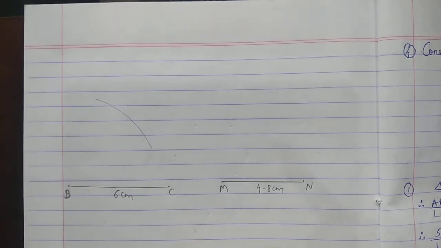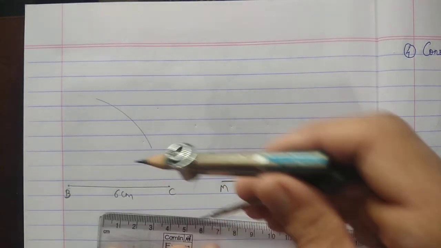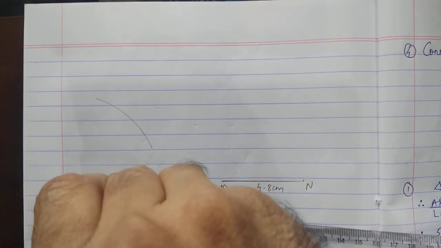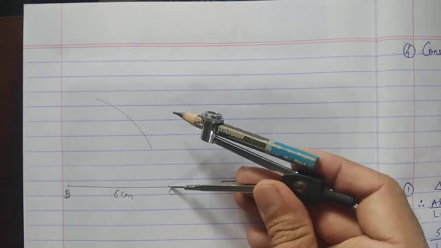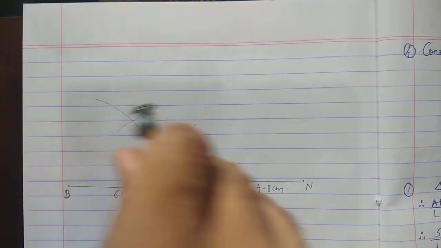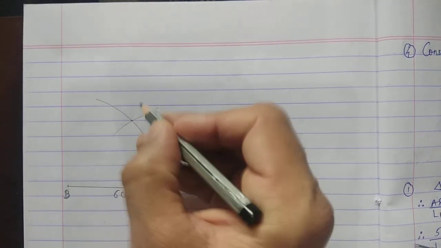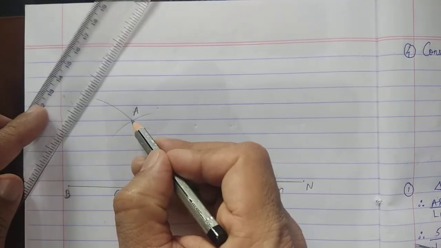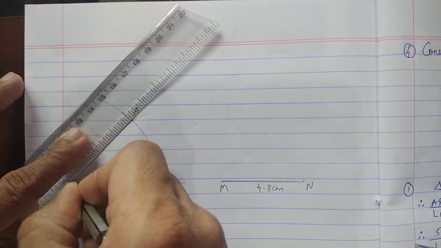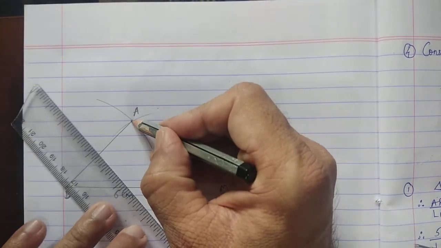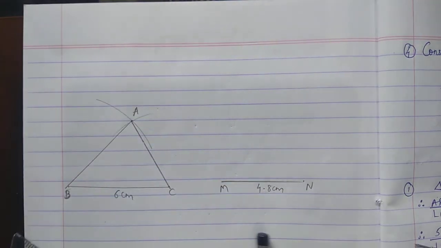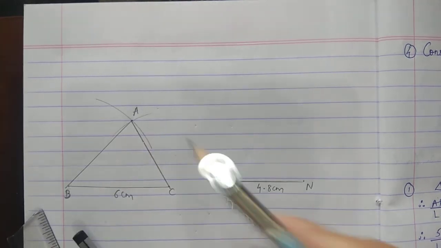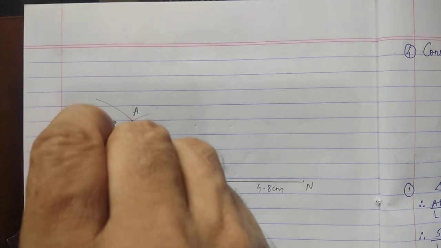So now AC is 4.5. So 4.5 again I will measure with the help of rounder and scale and draw the arc, keeping the round point at C, and intersect the previous arc. So this is point A. Okay, and always remember, whenever you draw an arc, draw it a little bigger in length so that it is clearly seen that it is a curved arc. Otherwise, if you draw a very small arc, then it looks like a straight line. Okay, this is how you will draw. Arc, ABC. Triangle ABC by taking help of these two arcs.